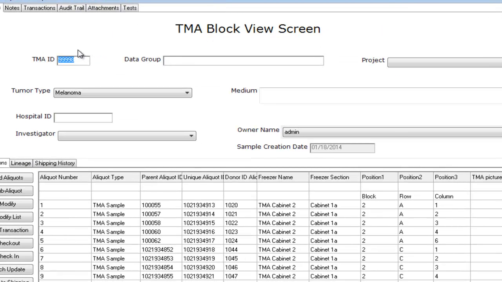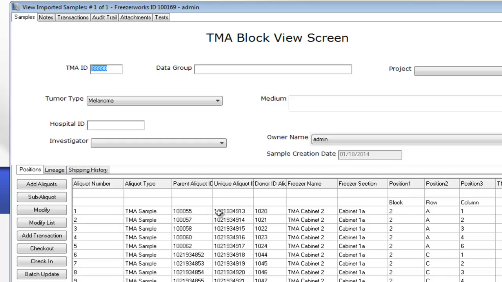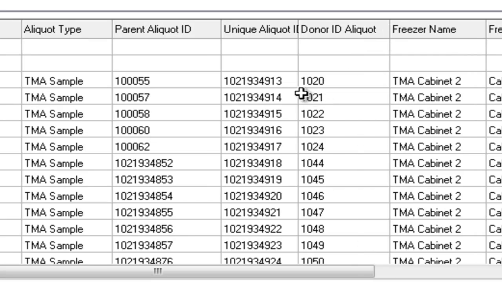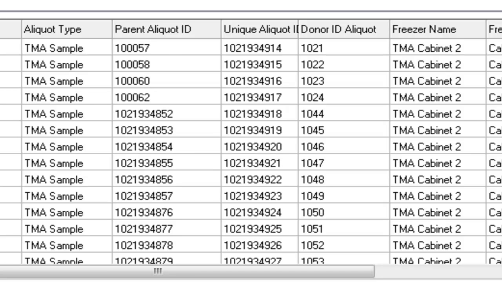Here's our TMA block screen, and we've got the TMA here with all the aliquot locations. We have the parent aliquot ID, which is from the original block that it came from, donor 1020. Remember, we put the donor ID, which was a sample field, in an aliquot field as well. So donor ID is a match for aliquot and sample, and we have the unique aliquot IDs that Freezerworks assigned